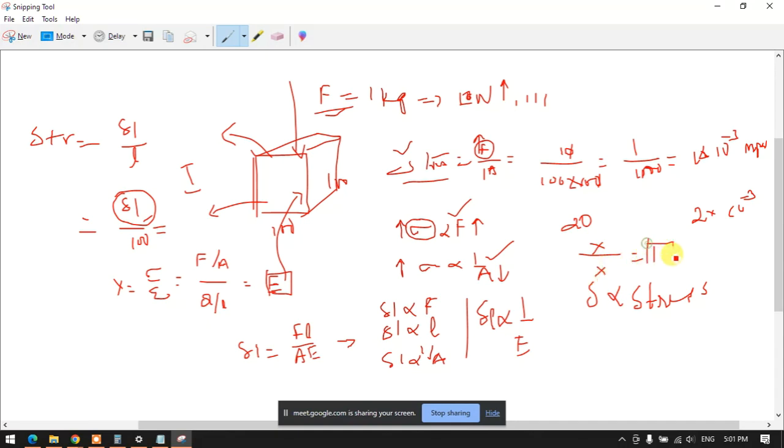You should not get less than 1. So if you get less than 1, the body has failed. If you get more than 1, the body is a success, like that. Okay, so that means